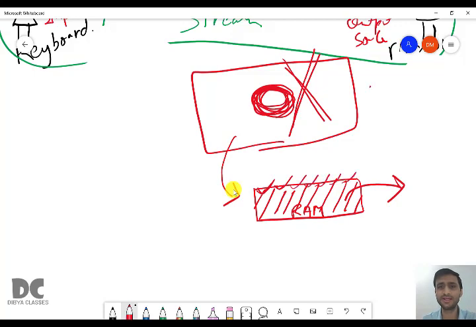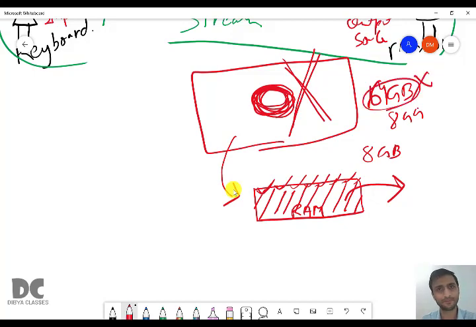For example, this is a 64 GB video. Actually, all the videos in YouTube have some size. But your RAM is small, it is only 8 GB. So when you download it, it will only download 8 GB of that 64 GB, and the rest is not downloaded.